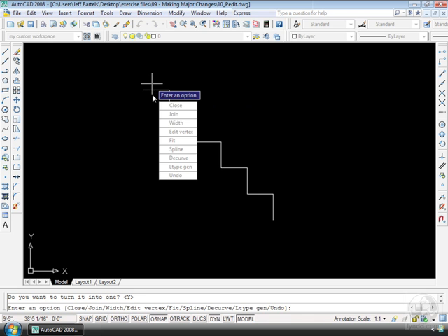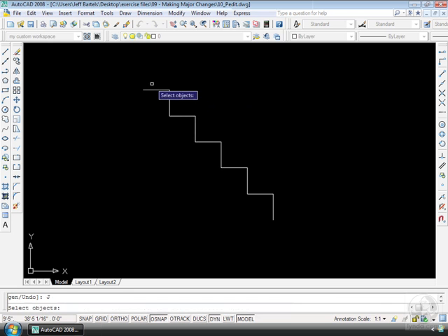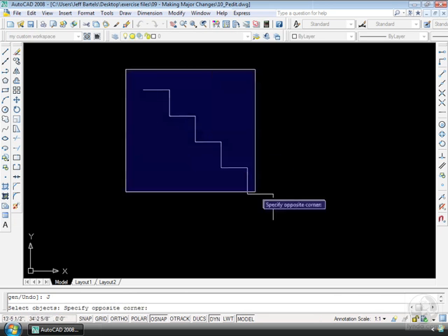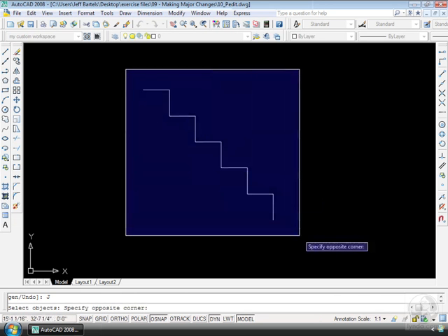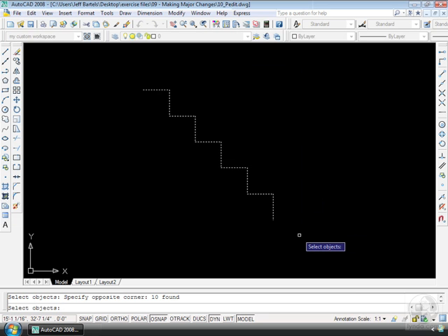From the menu, I'm going to select Join. I would like to join my lines together. So I'll click Join. And now AutoCAD's asking me to select objects. Which objects would I like to join together? I'm going to make a nice window selection, so I'm going to click right up here off in space. I'll move down to the lower right, and I'll click to finish my window, and then I'll right-click to finish